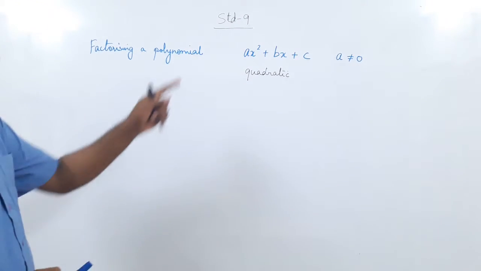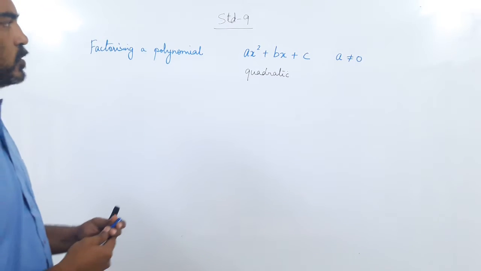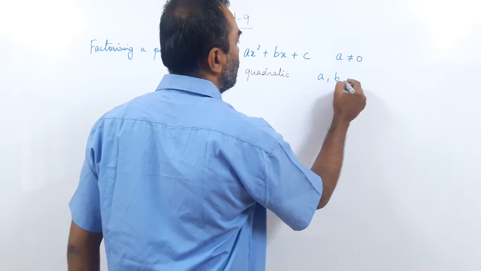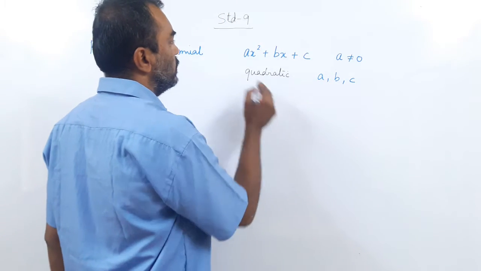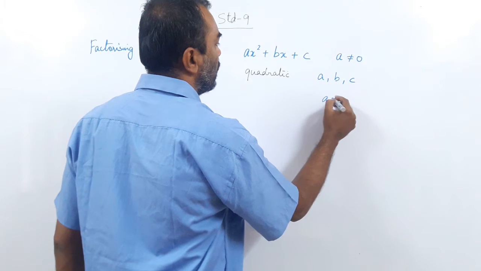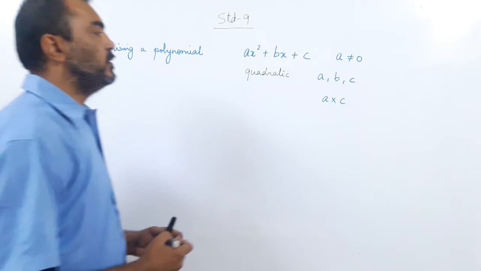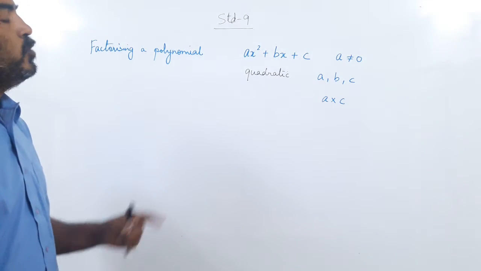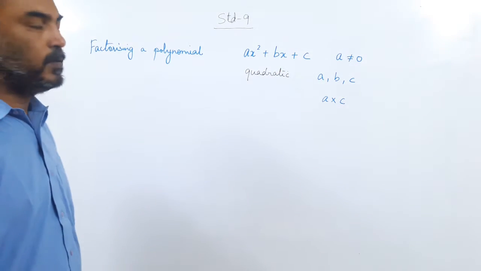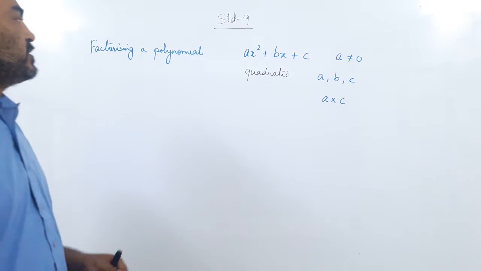So, yesterday we learned how to solve this. So, what was the method? A, B, C here are constants. So you take the coefficient of x square and c and multiply them both, right? So you get a number. Then you find the factors of this number such that the sum gives you b. So that is all the sums we practiced yesterday.